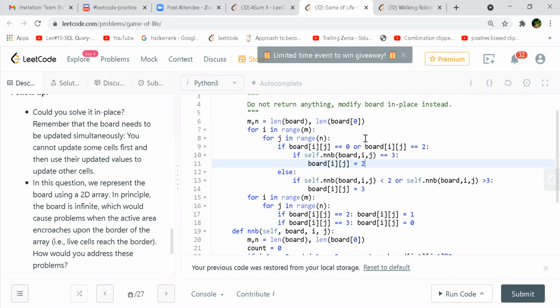So the previous value will be 1 in this case. Okay, and therefore in the count of NMB, if you do a mod of 2, you will get the normal value of it. Okay, good. That's a good way of doing it. If it is 3, then 3 mod 2 will be 1, and if it is 2, 2 mod 2 will be 0. Correct. Yeah, makes sense.